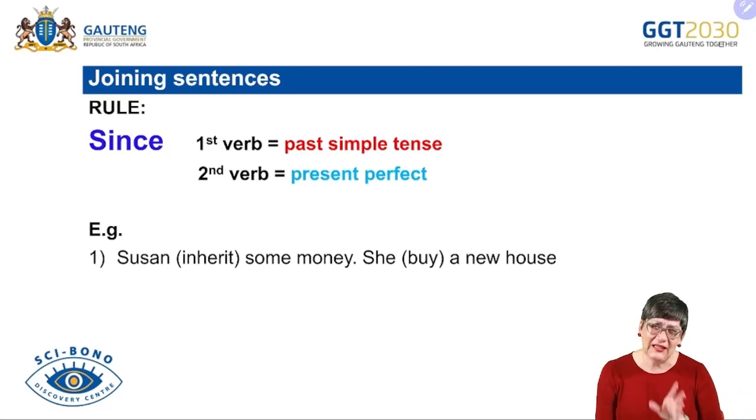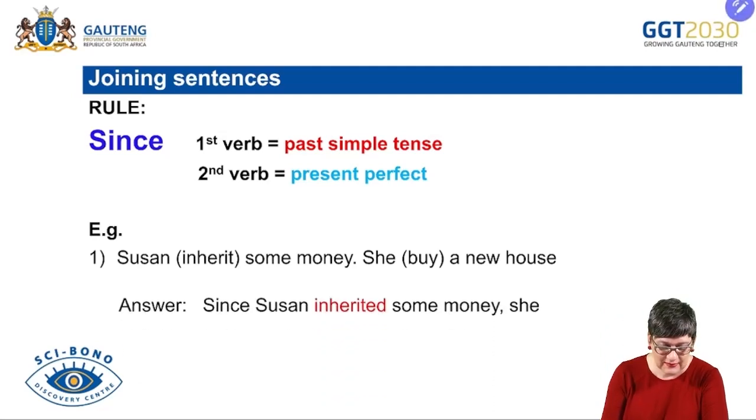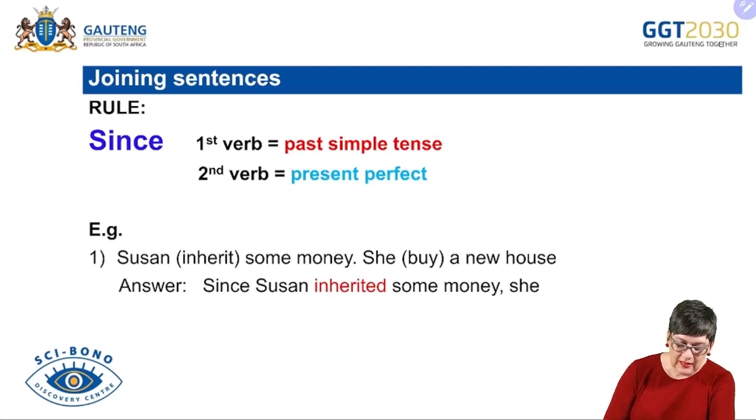Okay, so let's look at a sentence and you'll understand. In this case, we're giving you two sentences here. We say, Susan inherits some money, she buy a new house. You need to join them using since. So let me show you what happens. Then Susan inherited, so that is my second column verb. Can you see there's an ed? Since Susan inherited some money,